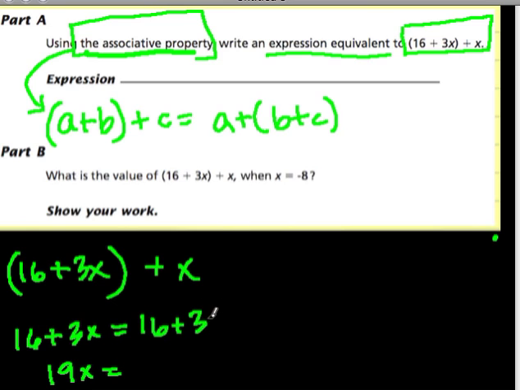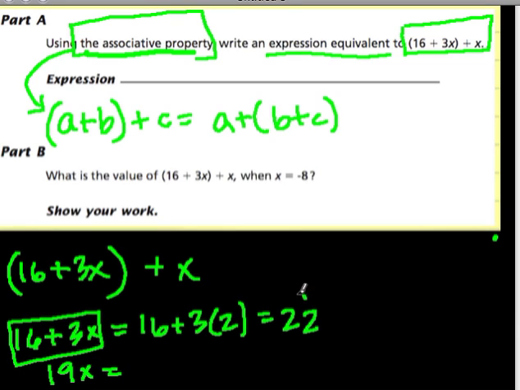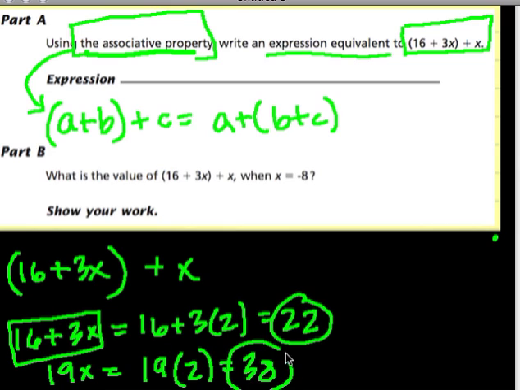16 plus 3 times 2 would be 16 plus 6, which is 22. So if 16 plus 3x equaled 19x, then we should get the same number 22 when we plug in 2 for x. So 19x, 19 times 2, do we get 22? No, we get 38. So we can't just add 16 and 3x, that would change our problem. But we can add